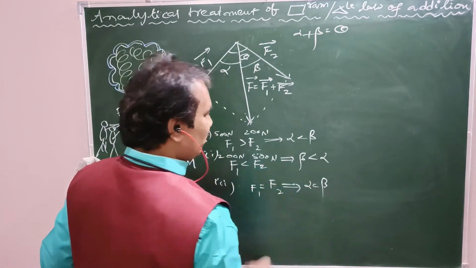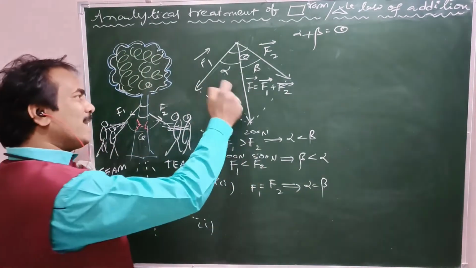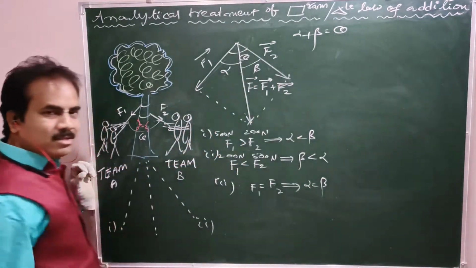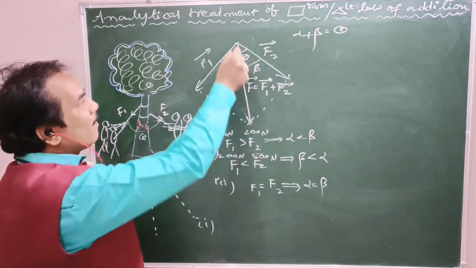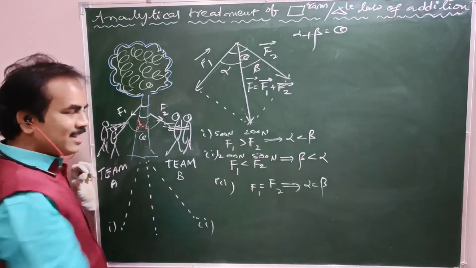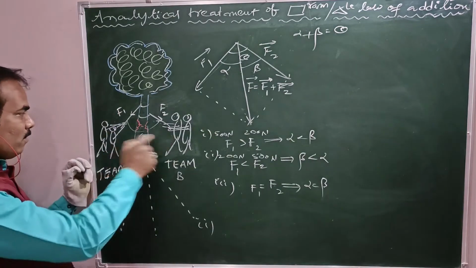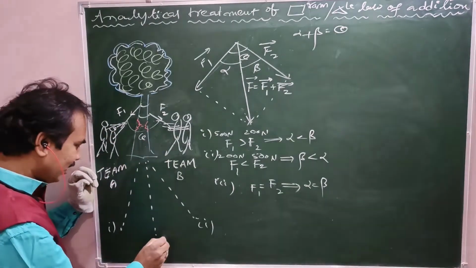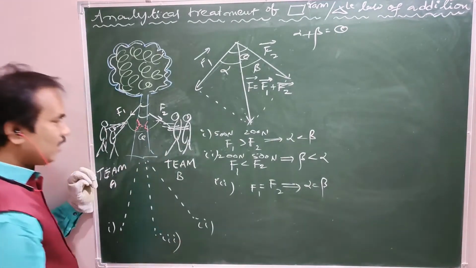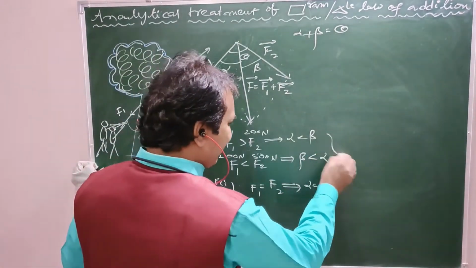Alpha equal to beta means the resultant bisects the parent vectors. The resultant bisects the parent vectors means the resultant will pass through the midway of the parent vectors in the third case. Here the tree would collapse midway of both teams like that. So this is the third case. Now in all the three cases,